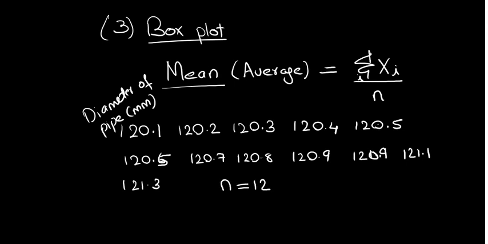As I told, for samples we usually use the letter n. N stands for the number of samples, and in this case 12. And you have to find the total: take the sum of all these individual observations and divide it by 12, then you get the mean. For the mean, normally the symbol used is x with a bar on top. When you do the calculation, it comes out to be around 120.645 or something like that. So this is the mean, 120.64.